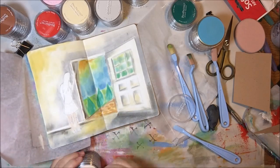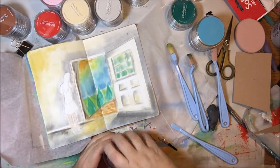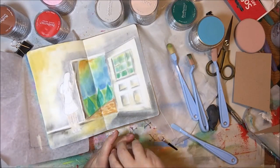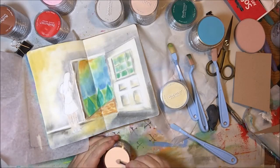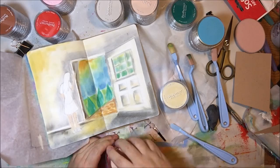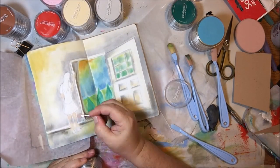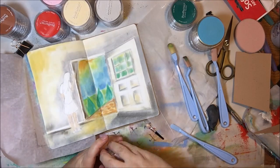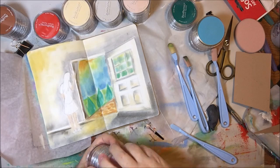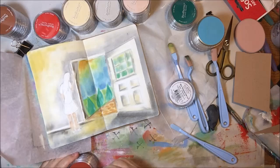I'm not sure. I had trouble finding the different tones that I wanted to use for skin. I kept looking. I don't know. I thought maybe there was a logic to the way they were stacked. I don't think there is. Because I had that phthalo blue at the bottom of that stack of the very pastel tints. So not sure what was up with that,